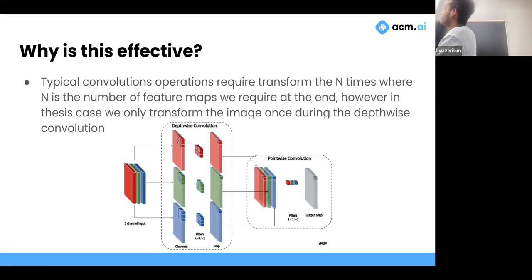Instead of treating that entire problem as one big thing that we have to do with one huge matrix, we split it up, saying, first, let's make sure that the nearby pixels are being grouped together, and we don't care about the channels themselves. Then let's group the channels together, and we don't care about nearby pixels. So we're essentially splitting this process into 2 parts. And yes, there will be a loss of information in the process.